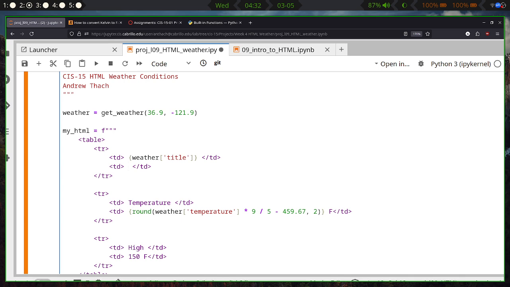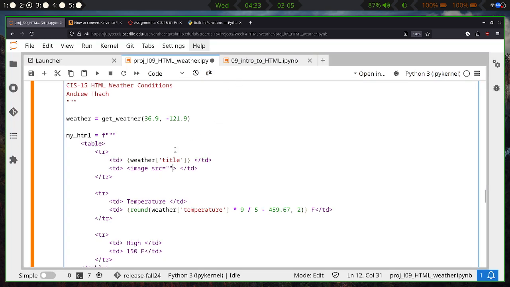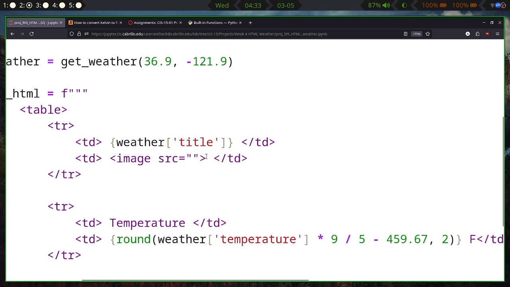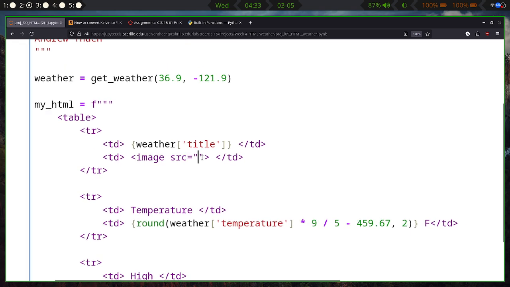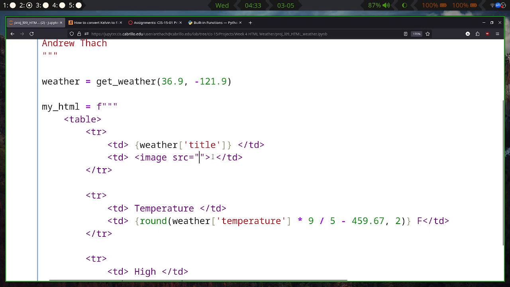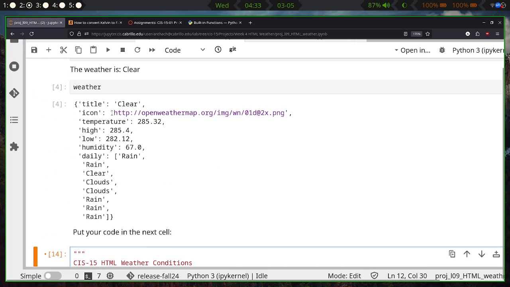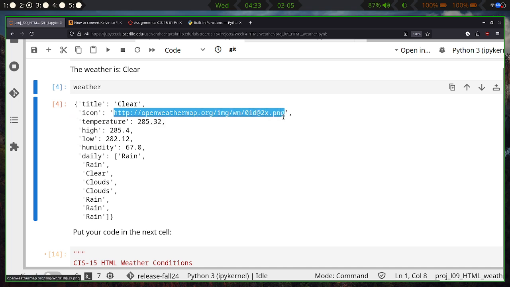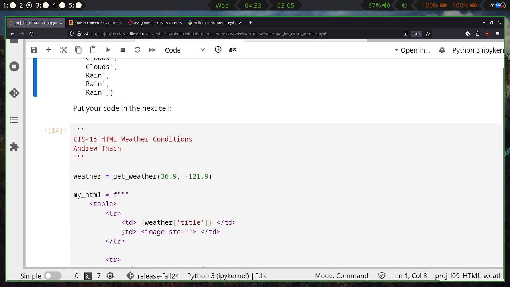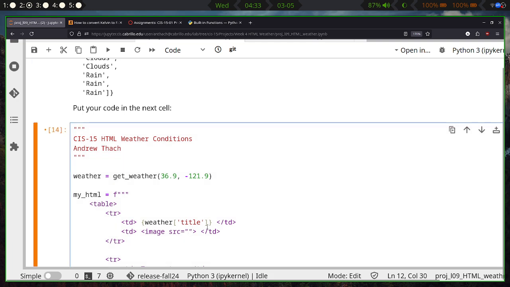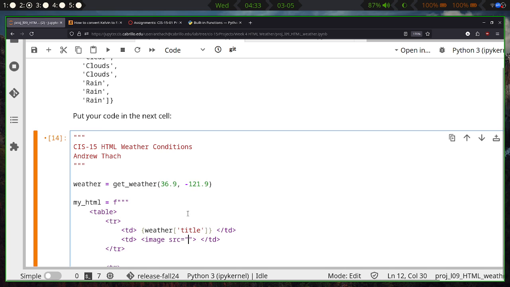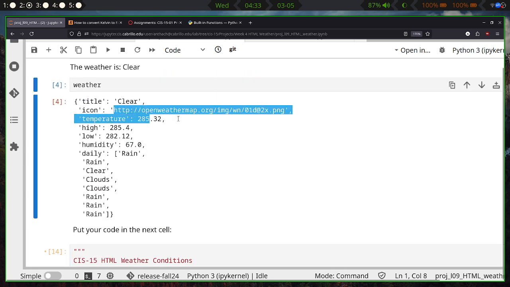So the image tag looks like image, and then source is equal to some string. And once again, I'm referring to the previous lesson. Okay, what do we put inside the string? We got to get this link somehow. Yeah, we need to put this link. We do need to pull it from the weather. So once again, you don't want to hard code this. If you hard code this link,